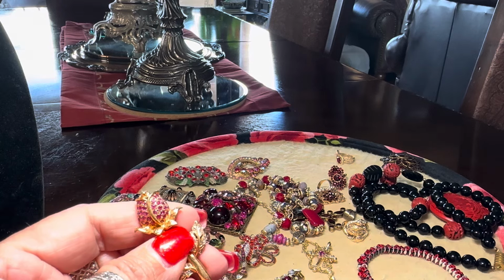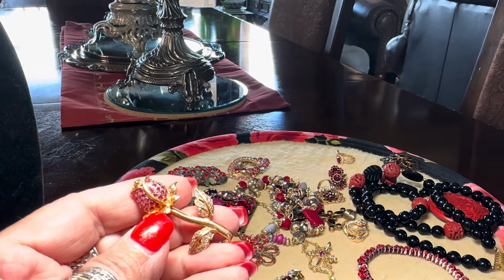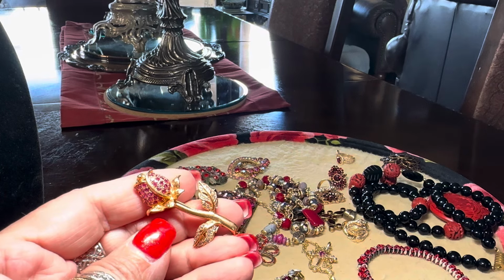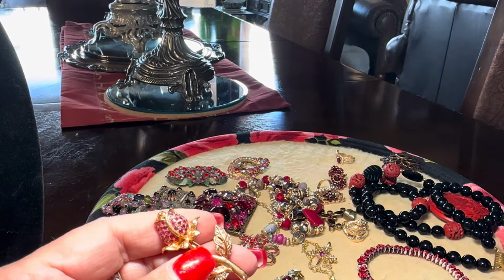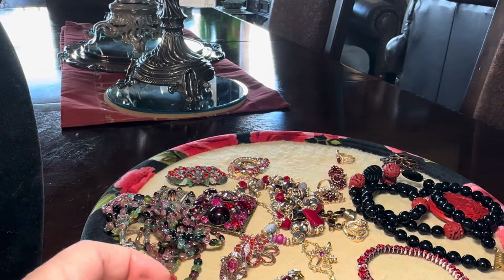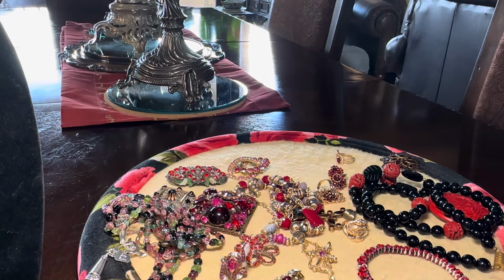And then next month is August, and it's peridot. I don't have a lot of peridot. I don't know why. I mean, I have green, I have green jade and stuff like that, but I don't really have a lot of peridot. And I have a peridot cross in 14 karat gold, but I'm gifting that to a friend because her birthday is in August. But anyway, my friends, just a short video talking about the color red and the month of July. And good old Julius Caesar,